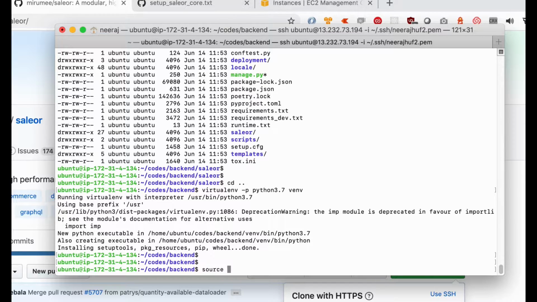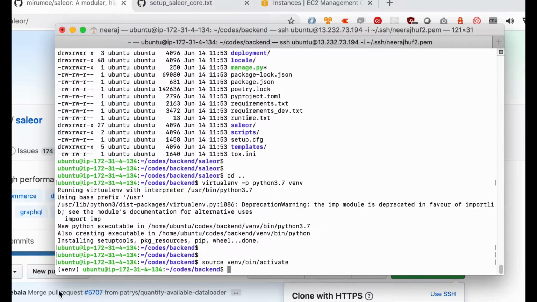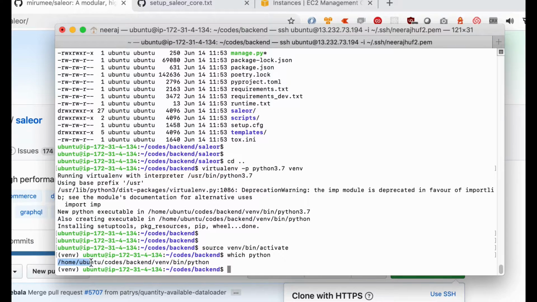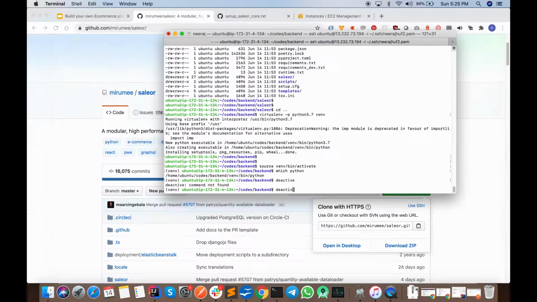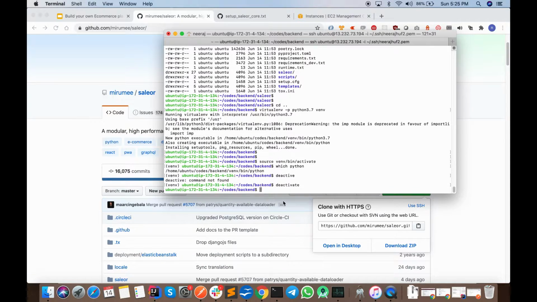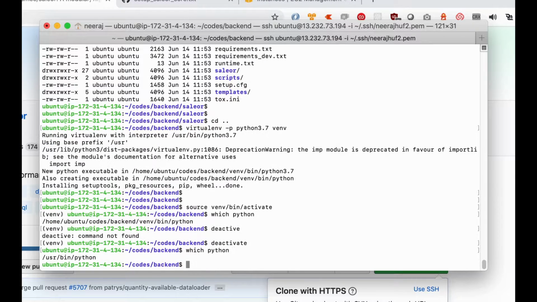So I am simply going to activate my virtual environment. As you can see, my virtual environment has been activated, and if I check my Python version, it is referring to my virtual environment Python. If I deactivate my environment and check which Python version it is referring to, it is my global version. So that is why we use a virtual environment.